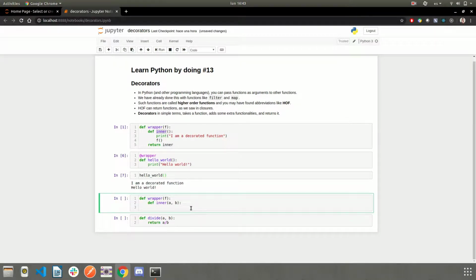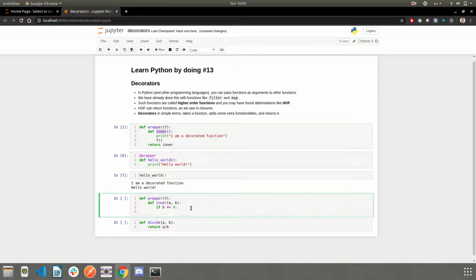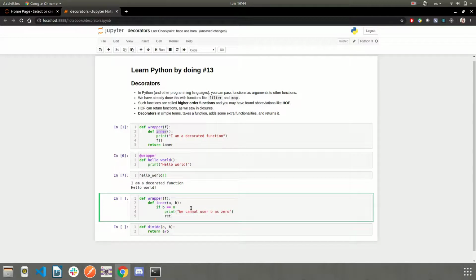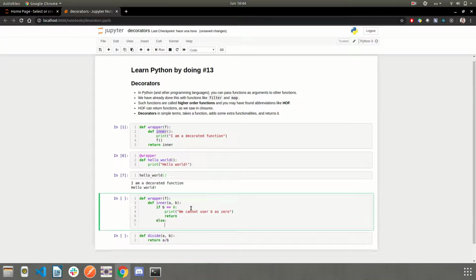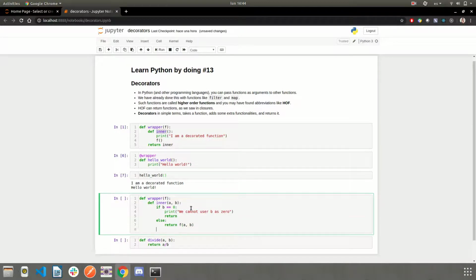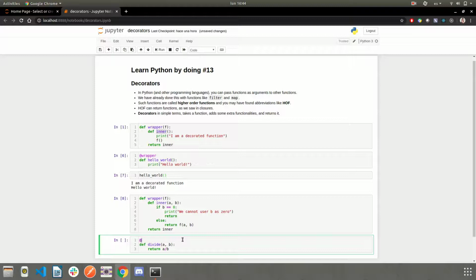And okay, here we're going to say if b is equal to 0, then we're going to print we cannot divide by 0, or we cannot use b as 0. And we're not going to return anything, and else we're going to return f with the two arguments, a and b. Okay? And finally, we're going to return the inner function. As simple as that. Now we decorate this function here with a wrapper,